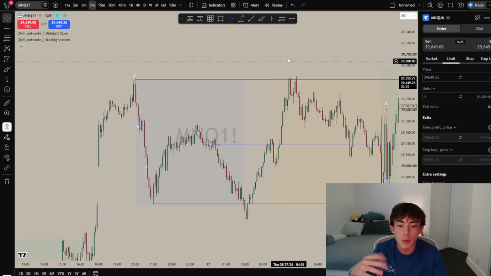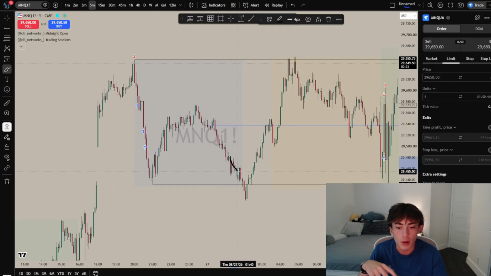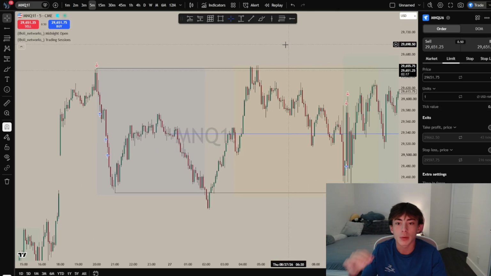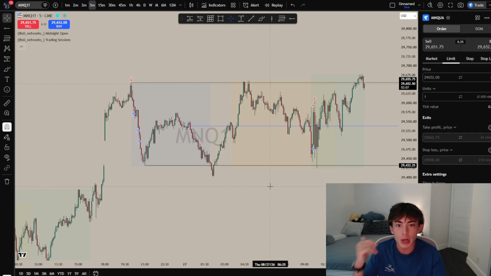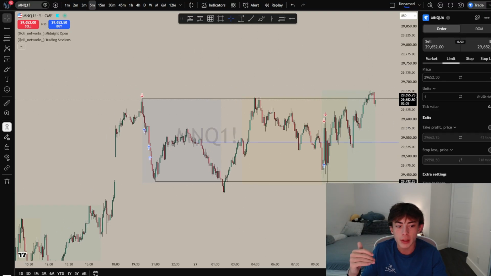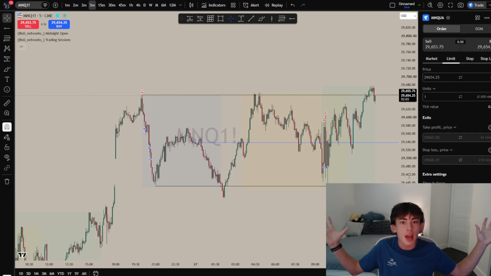Now, some of you may be wondering, hey, Oliver, but what if price takes the low, but then it keeps moving down and then it doesn't reverse for another day or two? That's possible, which is why we have time-based trading, which is why we trade based off of sessions. If you're taking trades at 6 a.m. on NASDAQ or at like midnight or 2 a.m., it's probably going to be a lot lower probability, because it's dead time in a lot of parts of the world,